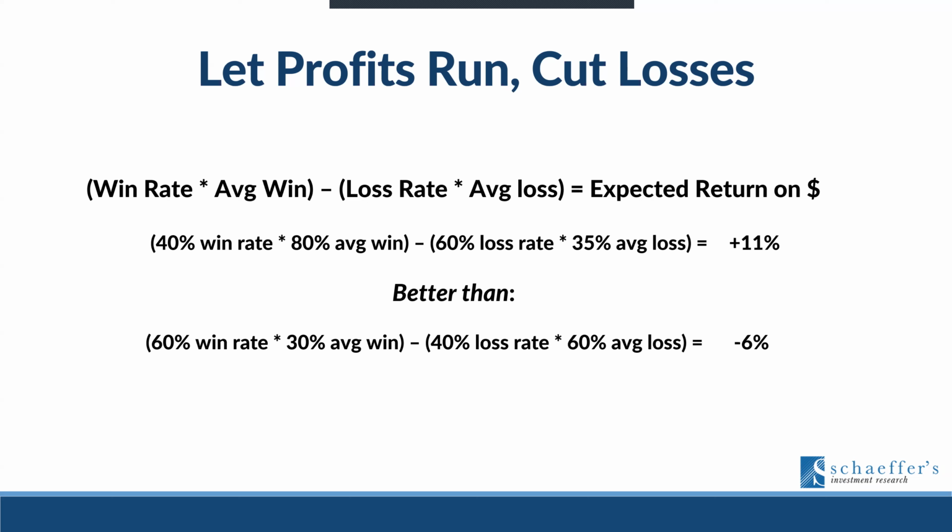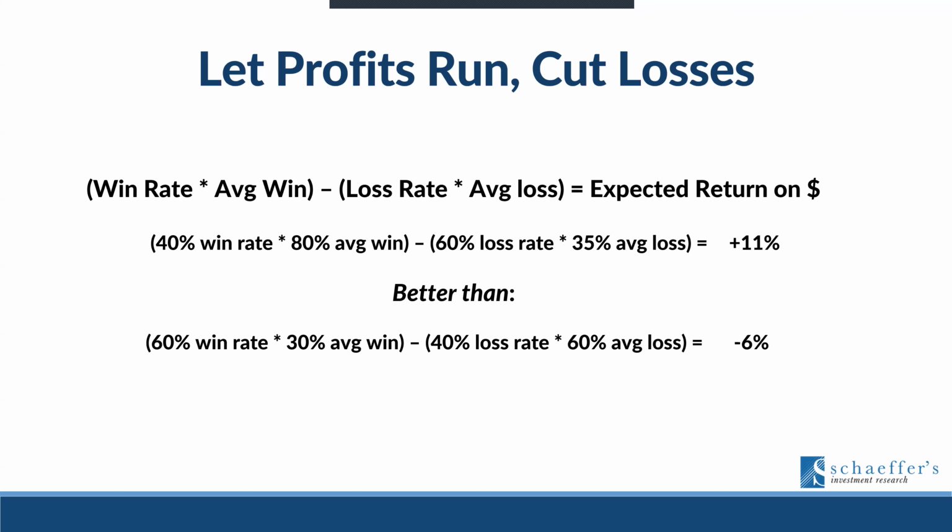Let your profits run and cut your losses. Simple. Stock traders can understand this as well as much as options traders. Really, you don't need to have a great win rate. You can take this formula, apply it to your own trading. As you can see, a 40% win rate with an 80% average win, and this is in options, minus the 60% loss rate, times a 35% average loss is still an 11% overall gain on your portfolio